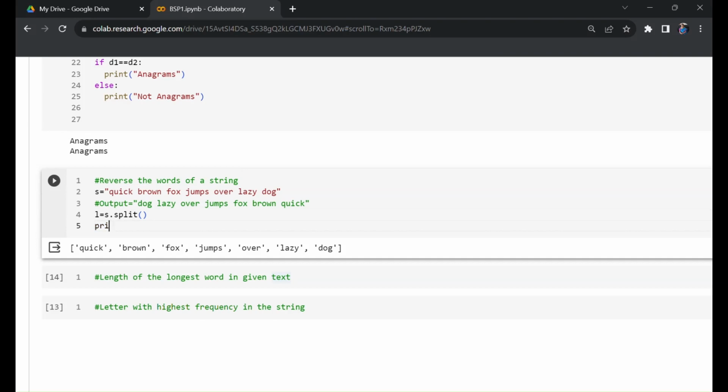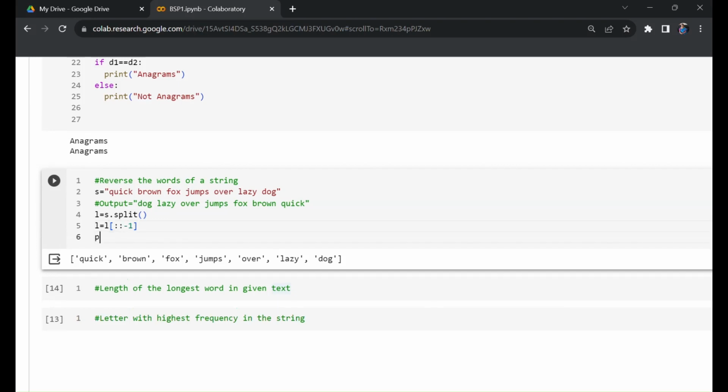Now we have to reverse the list. L equal to L colon colon minus 1. Now print L. Yes, the reversed words came into L. We have reversed the list. Next, we will do the actual job. We have reversed the words. Now we will combine them into a string. So into a string. S equal to